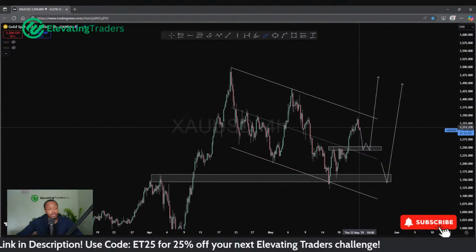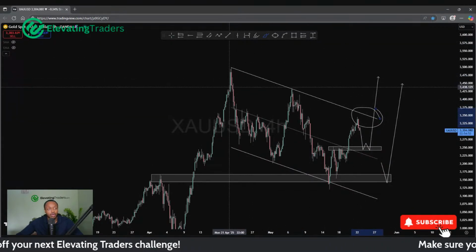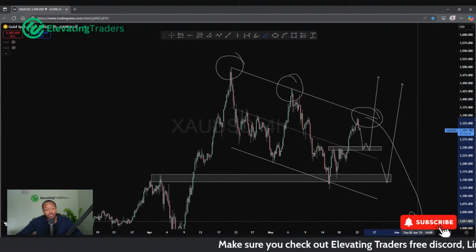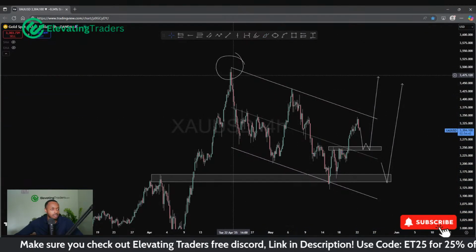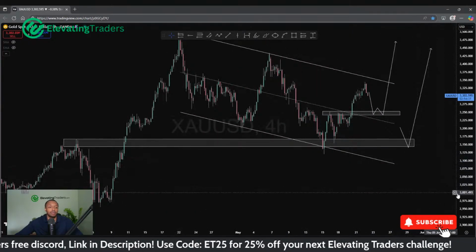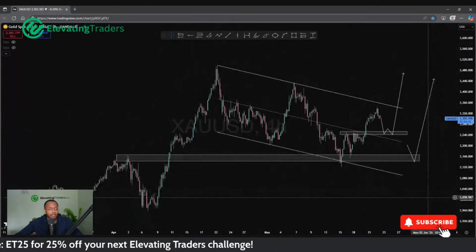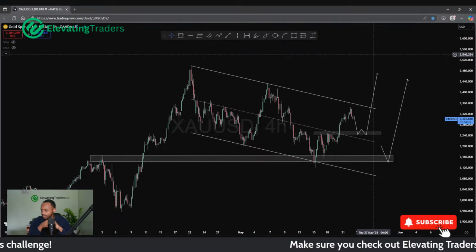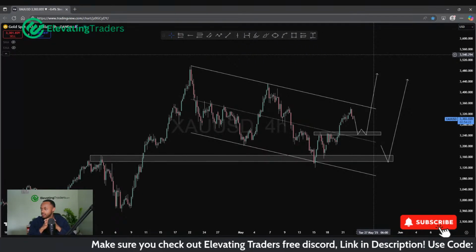I would be cautious as we do push to the upper end of the channel, just in case price does form another lower high. We've already got one, two. There is a possibility we form a third, and we do have a big sell-off. So, being cautious of that. But in terms of what I want to do with gold, the buys for me still look to be in control. So I would preferably only be looking to buy the market. So yeah, I'll keep an eye on both of those areas, but still looking for more upside. So hopefully that makes sense for gold.